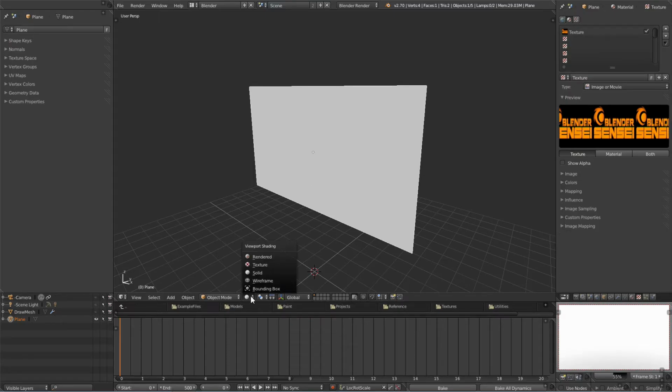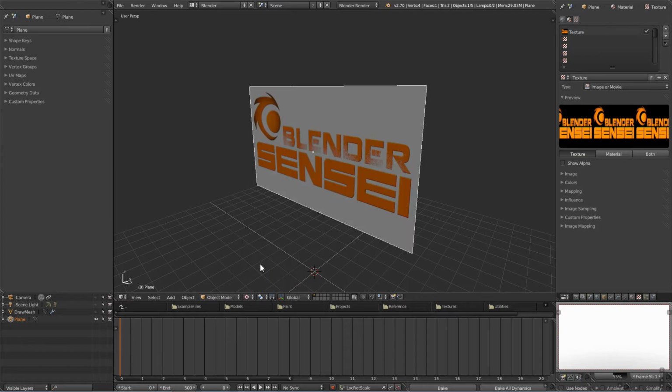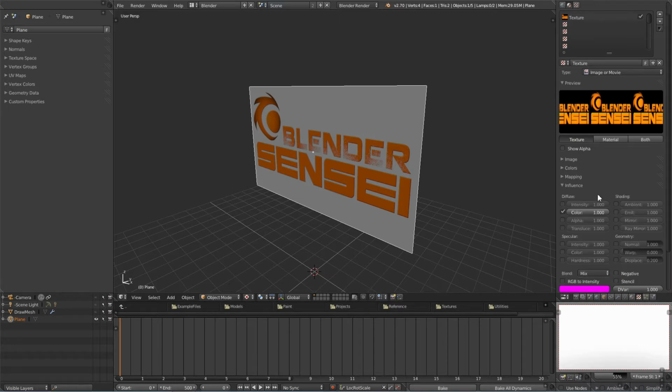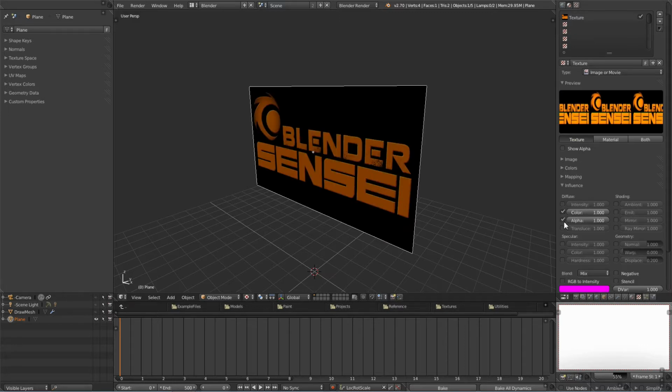Down here we can change this from solid to texture, or we can just tap Alt-Z. And you'll see, even though this is a transparent PNG image, the background looks white, which is no good. So what we want to do here on the Texture tab is click Influence, select Alpha, and then click back